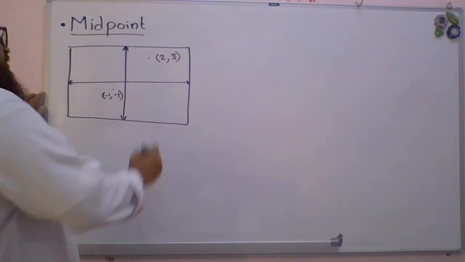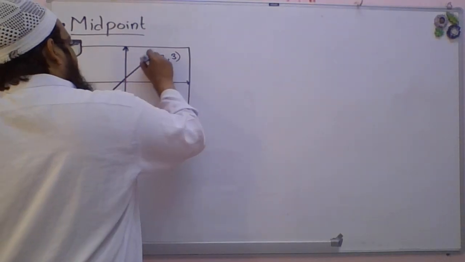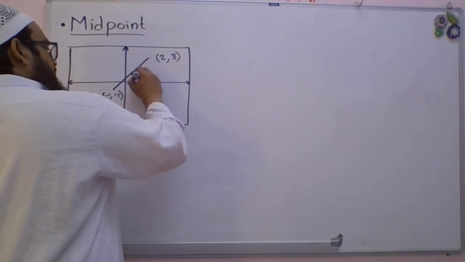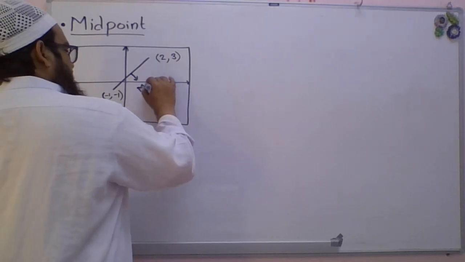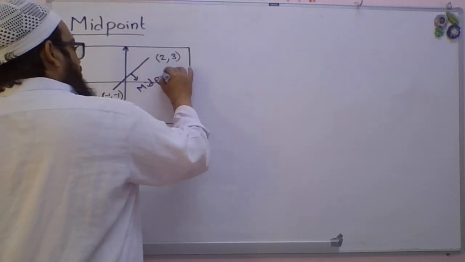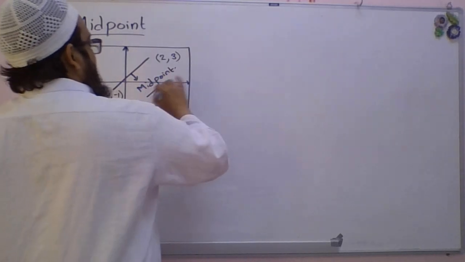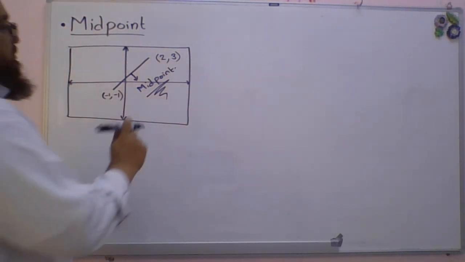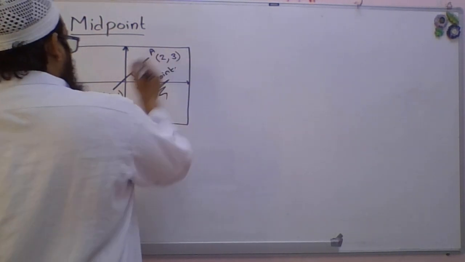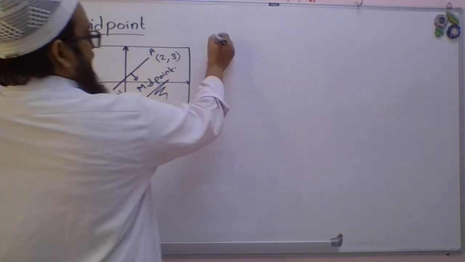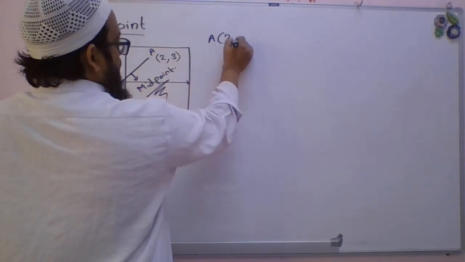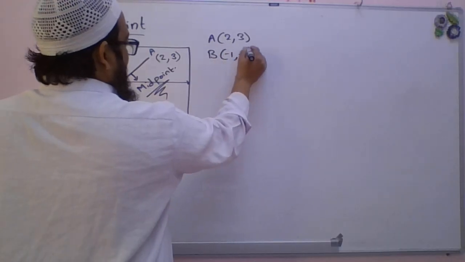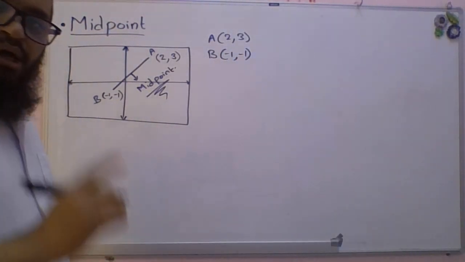Now you have to take the midpoint of these two points. So I want to find the midpoint. So let us take, this is midpoint. Sir, how to find the midpoint of this? Okay, so let us say, for example, let us take this as A and this as B. Write down the 2 points, 2 comma 3. And what is B? Minus 1 comma minus 1. Okay, the first step,